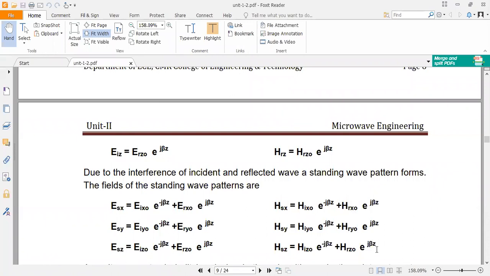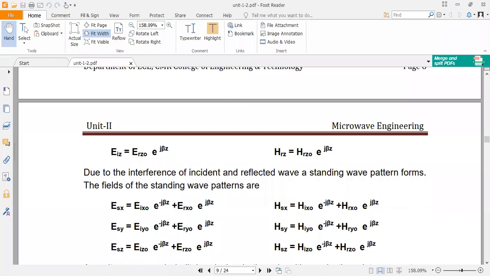Because what is a cavity resonator? We are closing both the ends. The transmitted signal, the wave which is propagating in the forward direction, since we are closing that end, gets reflected back. The signal propagating in the forward direction and the reflected signal in the backward direction form the standing wave pattern. So what is the overall wave we should write? The standing wave pattern we should consider. The incident plus reflected will give you the standing wave.